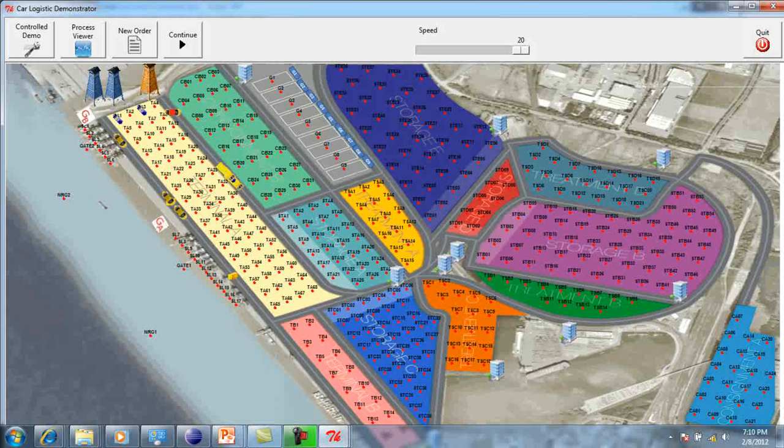Now here we have a car damage. As you can see, the red mark over the car means that the process stopped the execution. Now the framework needs to react to it. It will act accordingly and generate an adaptation problem, and the result of this is the generation of an adaptation process that can be viewed.